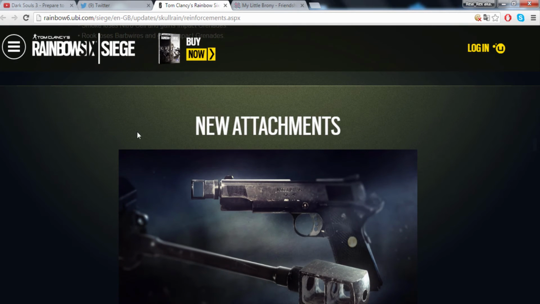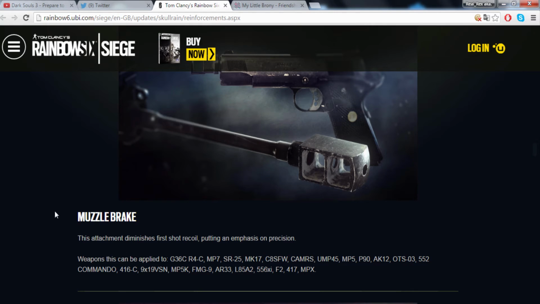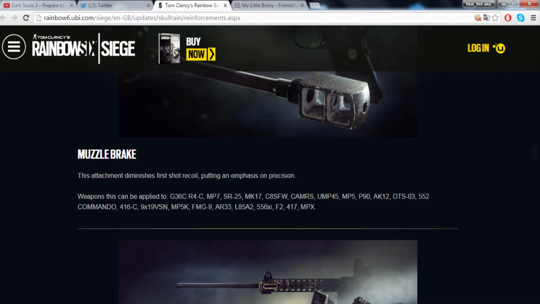Another thing that surprised me, new attachments. Ubisoft is getting creative after about 1 year. Muzzle brake. This attachment diminishes first shot recoil, putting an emphasis on precision. So it's like I'll equip it with Glaz and maybe Blackbeard's one-shot rifle or Twitch's one-shot rifle, but it'll be useless otherwise. Yeah. Weapons,